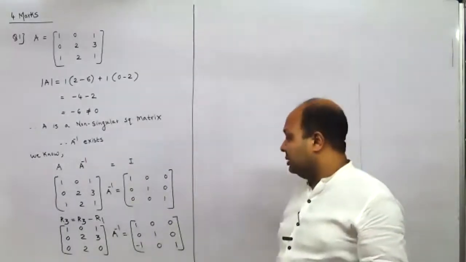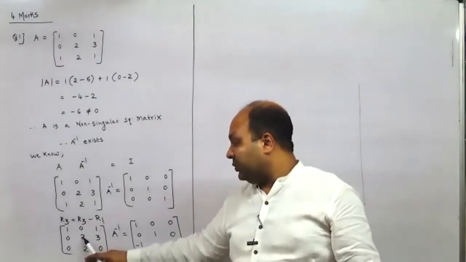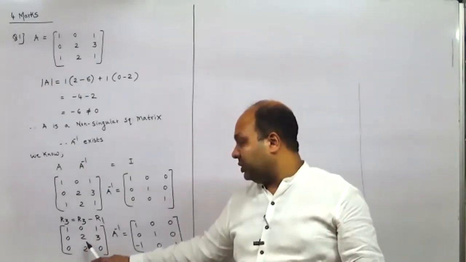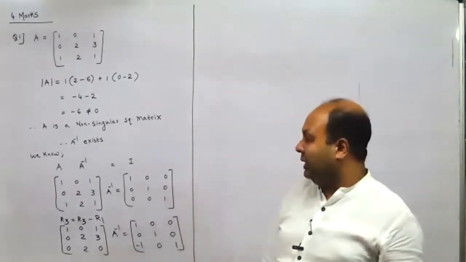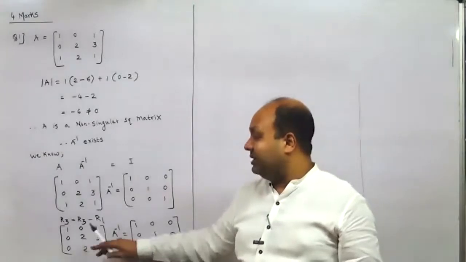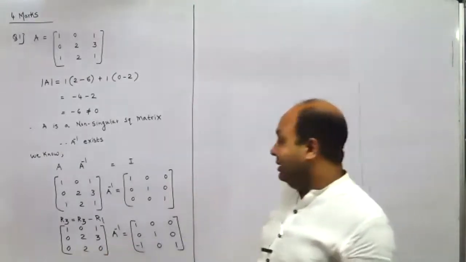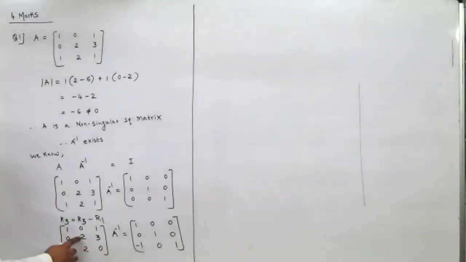Next, we'll make first 1, then 0, 0. Now make this one and then make these two 0. To get this one, we have to make use of the element below it. But using the element below it, you are not going to get 1. So the only option left with you is to divide this by 2. Had this been 3, I would have taken 3 minus 2 is 1. Had this been 5, I would have taken 5 minus 2 times 2 is 1. So here you cannot make this 1 using the element below it. So the only option is divide.